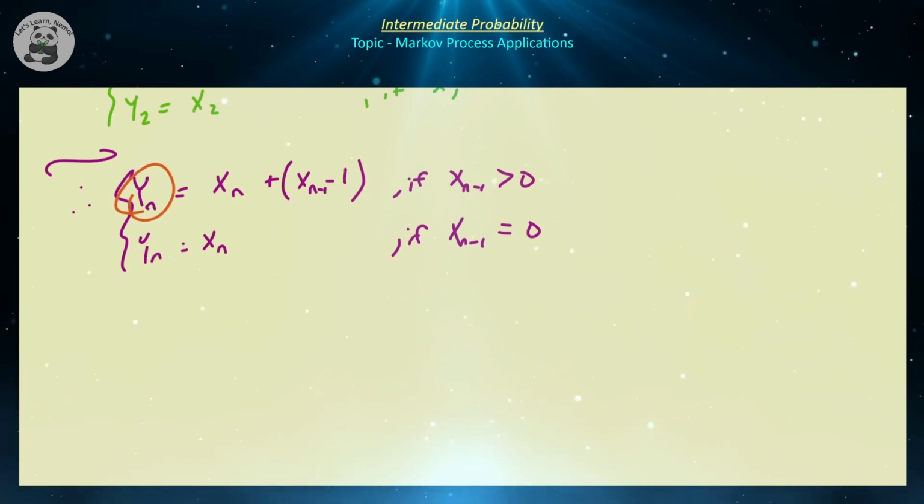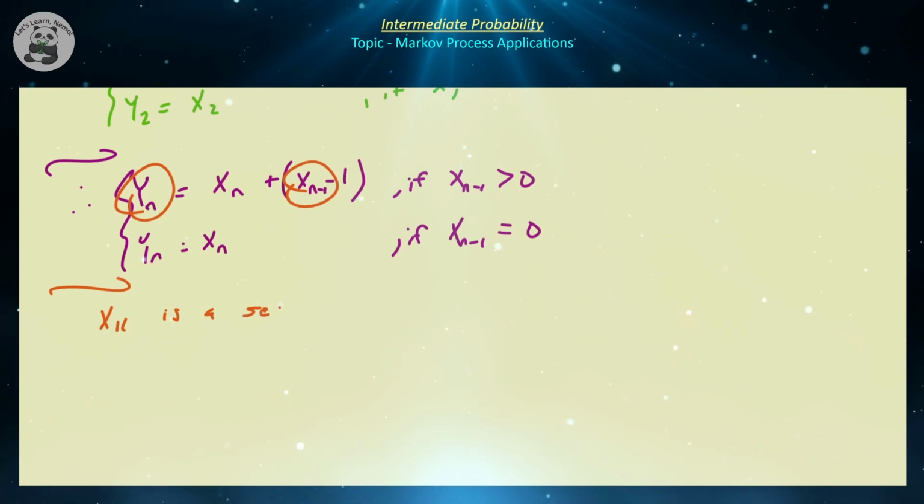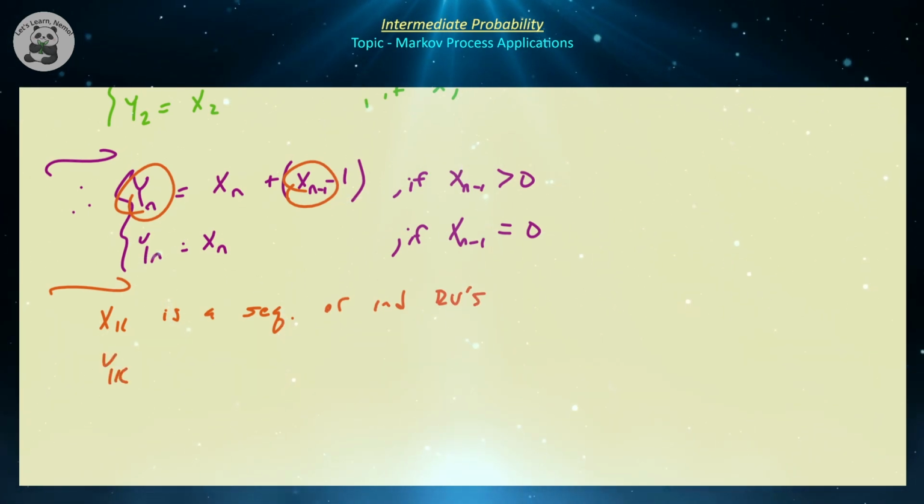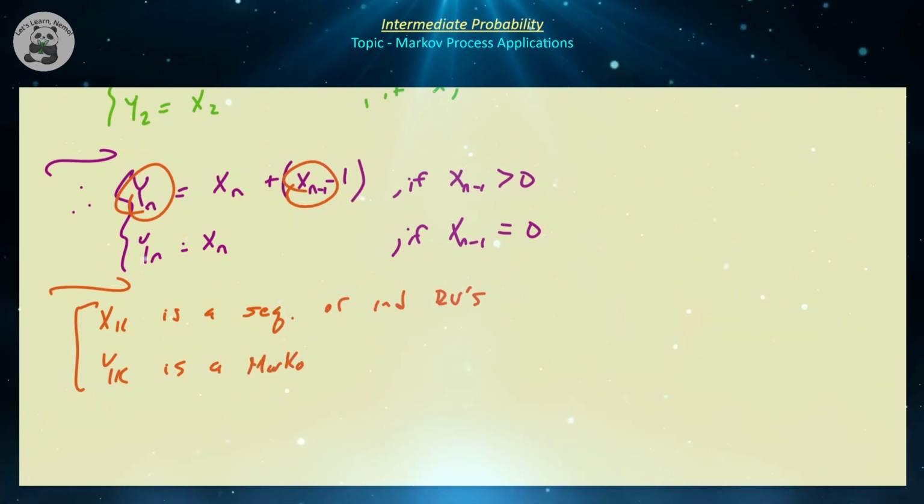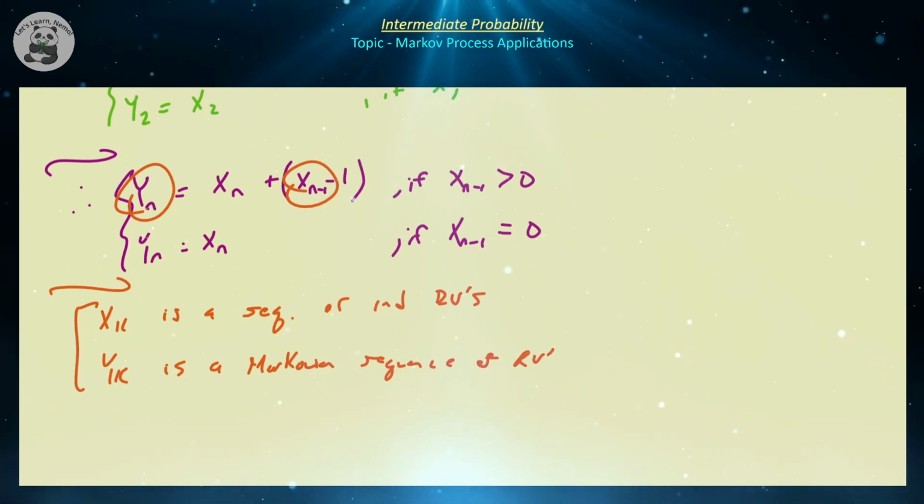Okay, so let's just take a look at what we have here. So yn depends only on the values that were in this space before, right? So what we have here is xk is, or at least we're going to assume, a sequence of independent random variables. And let's assume that yk, at least by construction, is a Markovian sequence of random variables, right? So we're going to be assuming that the number of people that arrive into this queuing process are independent of each other. Now that's not always in practice true,